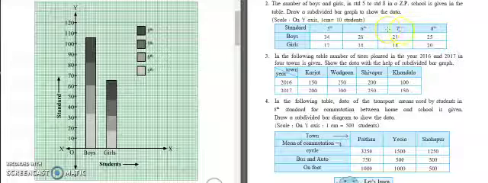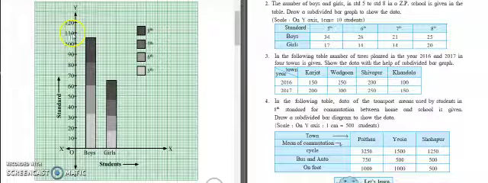Now again 7th standard boys are 21. So add 21 to this 60. What will you get after adding 21 to 60? You will get 81. So mark this at the 81 point. Now 8th standard boys are 25. So add 25 to this 81. And what will you get? You will get 106. So mark here at 106.